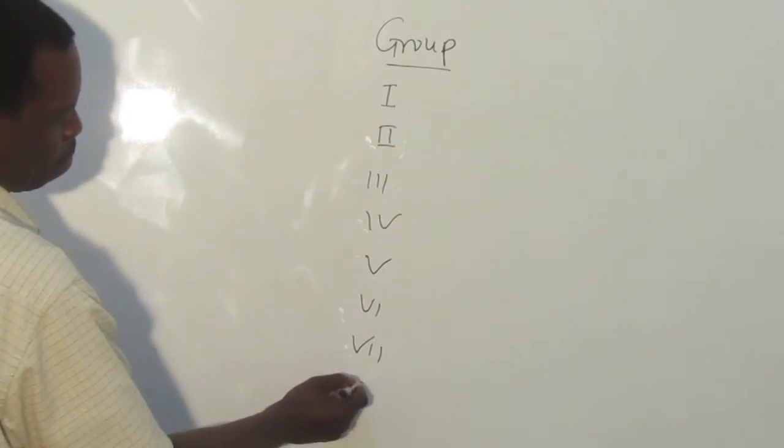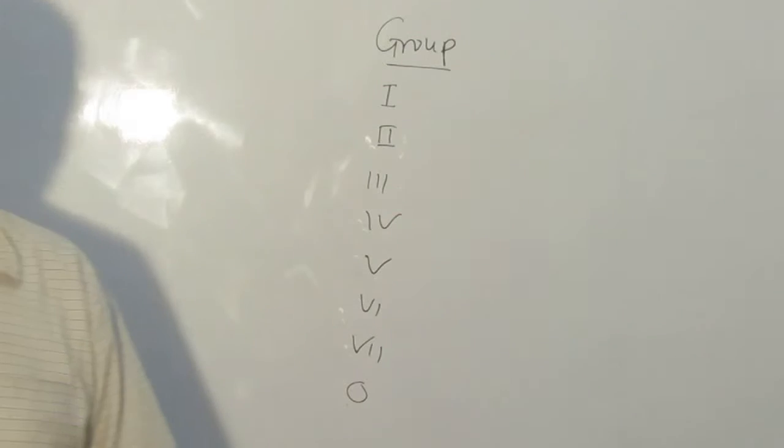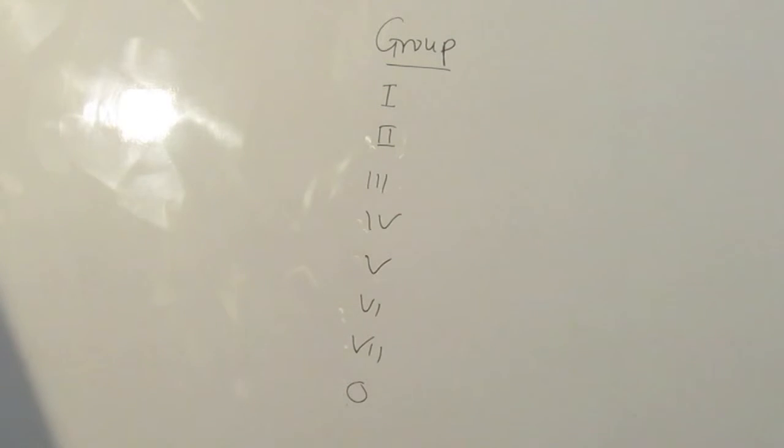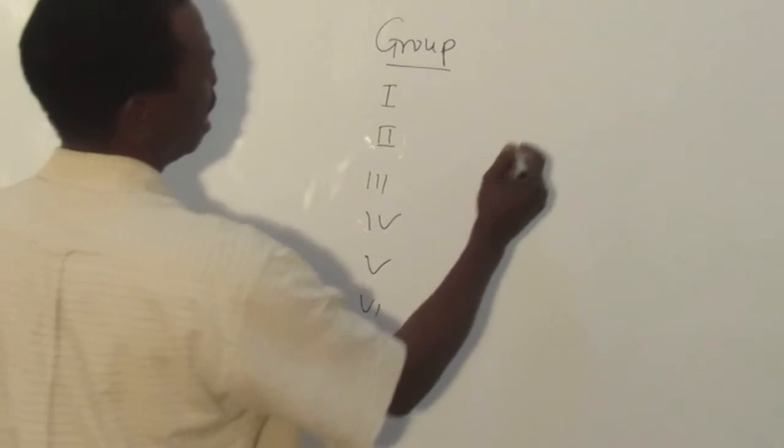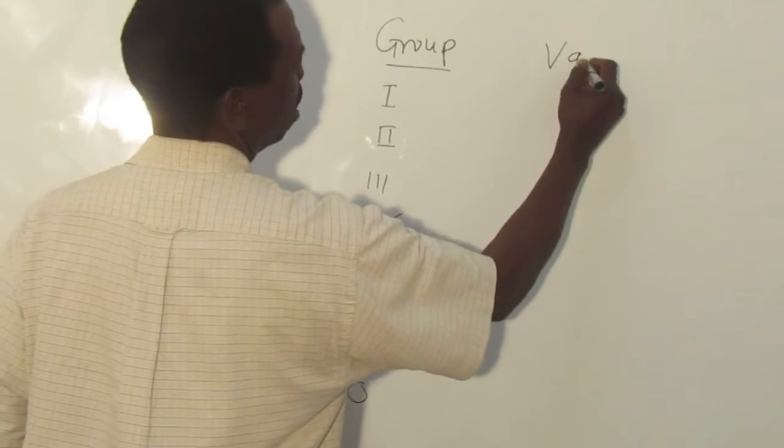You remember? Group 8, I said we do not write the 8, we write the 0. So these are very, very important because we are going to look at the other one which is called the